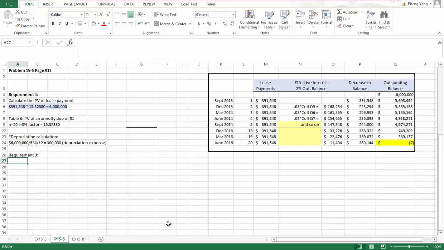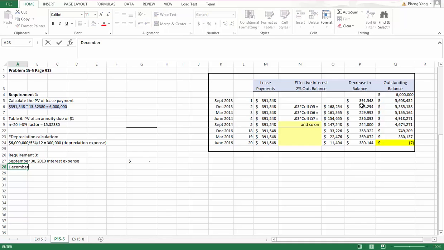Requirement 3. In requirement 3, what pre-tax amounts related to the lease would Warner report in the income statement for the year ended December 31st, 2013? Okay, so the income statement will report interest expense. So we have to look at the September 30th, 2013 interest expense, and that interest for September 30th is 0. No payment, no interest payments for that first